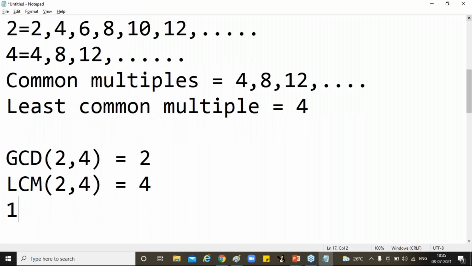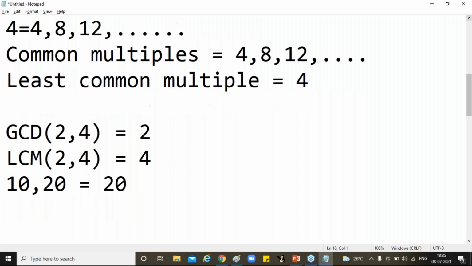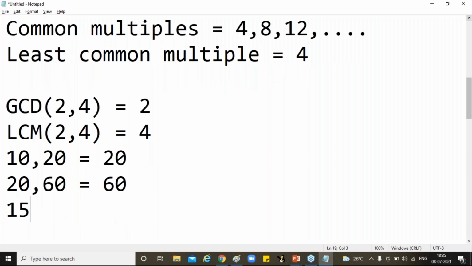Yes. What is the LCM of 10, 20? Compulsory 20. For 2, 4, the multiple is 4. For 10, 20, the LCM is 20. For 20, 60, compulsory the LCM is 60. For 15, 45, the LCM should be 45. Yes. Similarly,